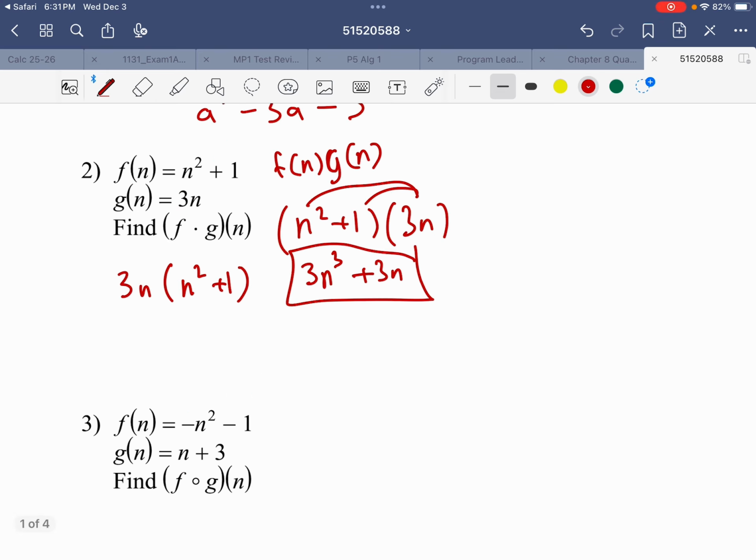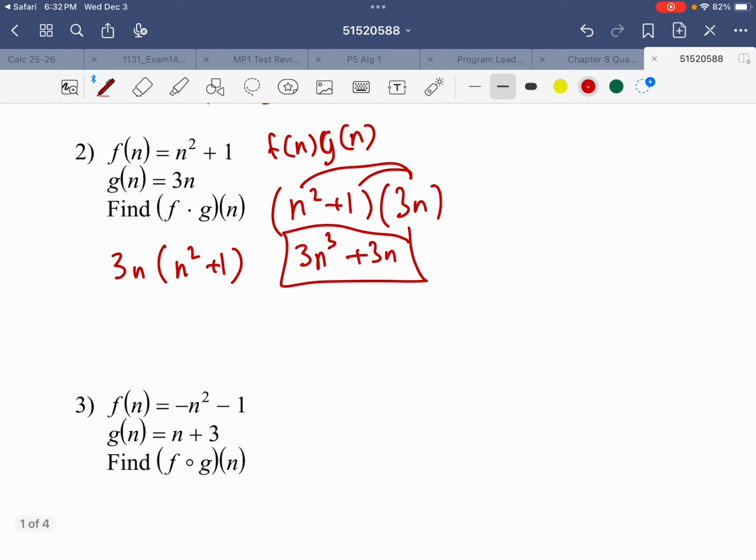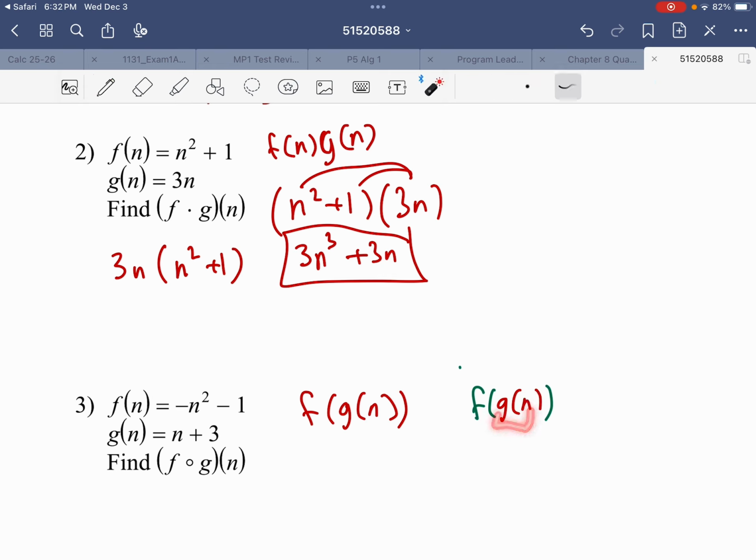Like we're multiplying with 2. When you see this, what looks like fog almost, this is f of g of n, which I'm going to write in different colors. F of g of n. Now, my input, instead of just being n, is going to be the function g of n. The function f takes n, squares it, multiplies it by negative 1, and then subtracts 1 afterwards. So f of g of n